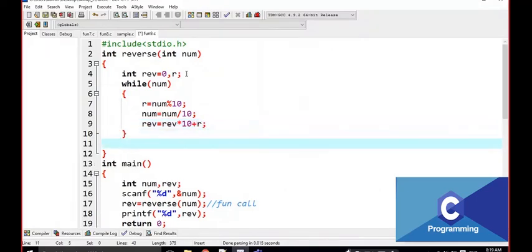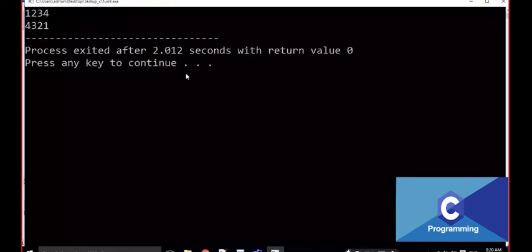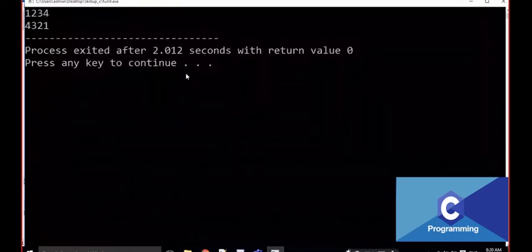Now I am going to return REV here. The reverse is the value, right? That's why I am going to return REV here. For example, if I execute it and give the input like this, the output is 4321.